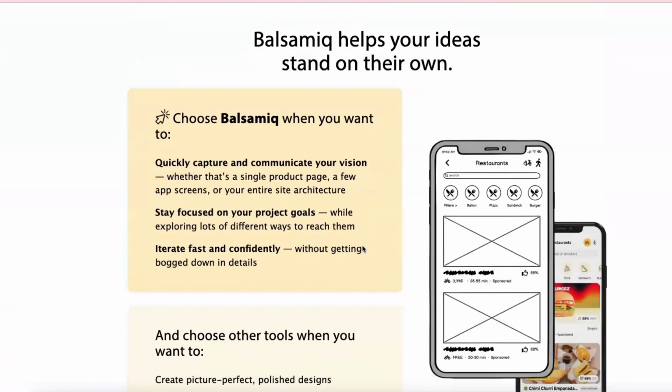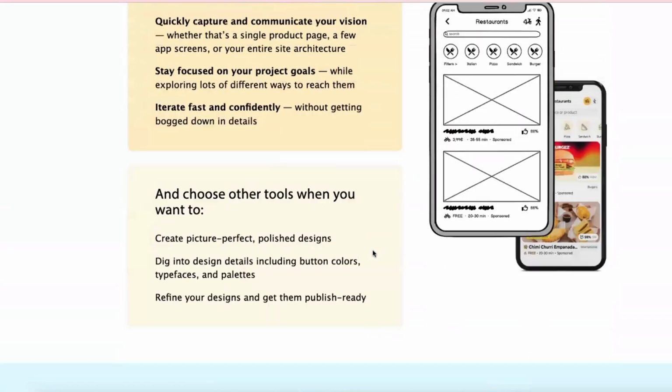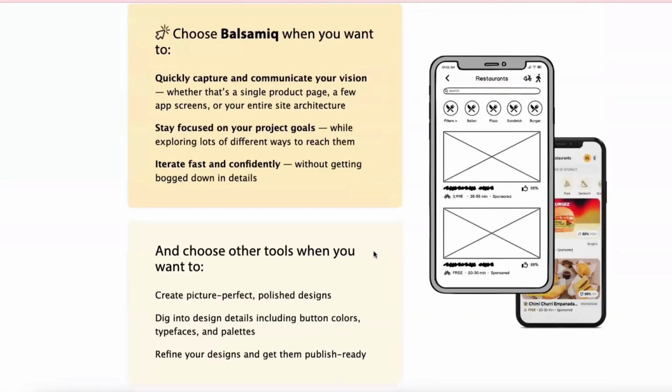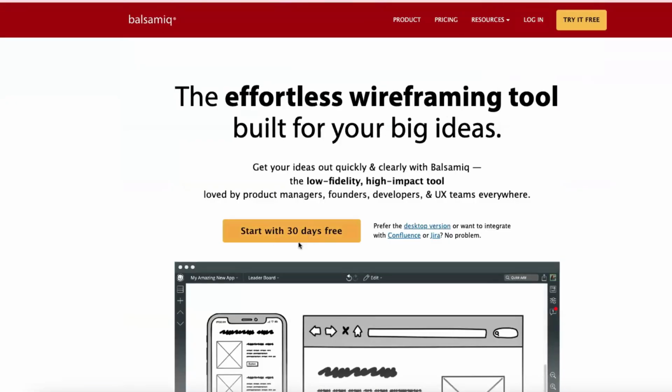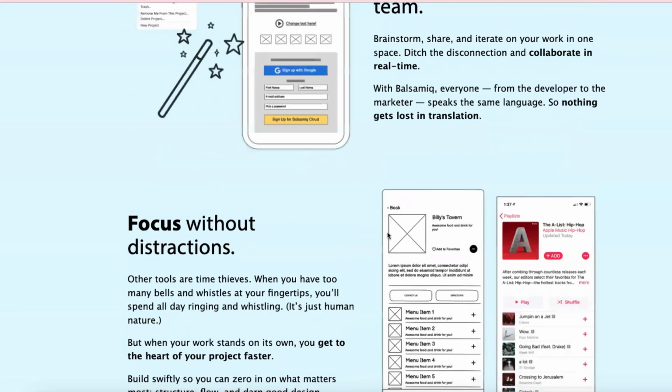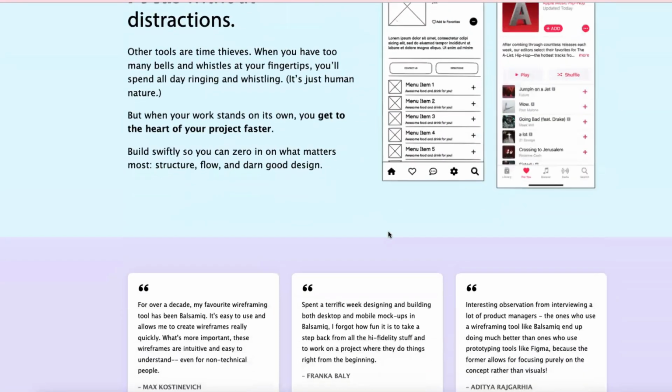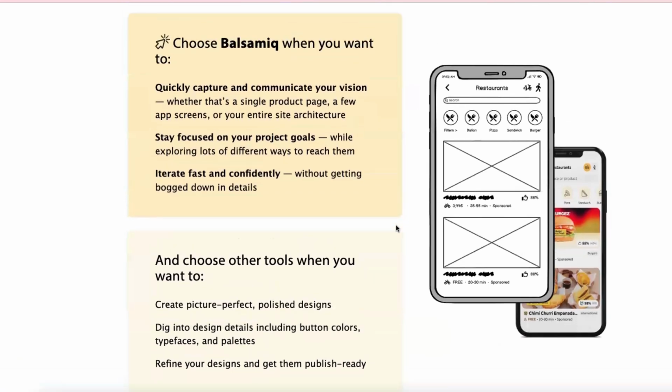So if they ask you, do you know about wireframes? Have you created anything related to wireframes? What are the tools that you have used? You can say Balsamiq, it's free for 30 days. With just your Gmail account, you should be able to get this free for 30 days and you can try. Initially it will be very hard for you, but you have to understand that